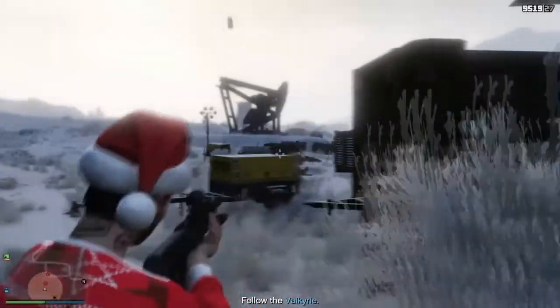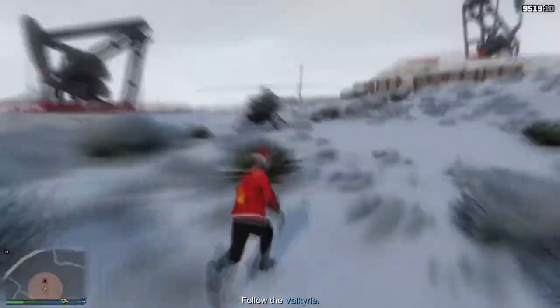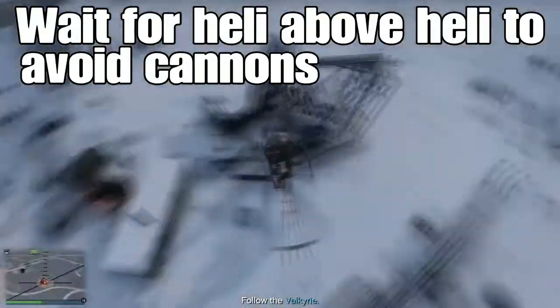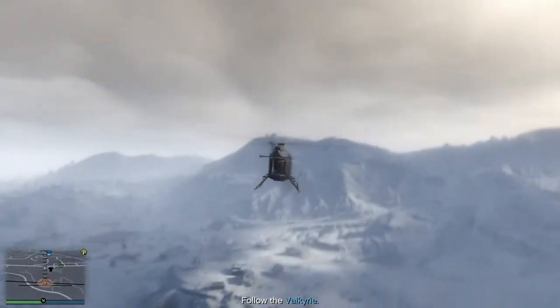And if you want to save a little bit of time here, you can return your sub, and then once you get up to where the mission is, you can call it back in, so that then it's as close to you as possible and you can just fly straight to it. Little pro tip right there. But anyway, once you get there, kill all the enemies, and then